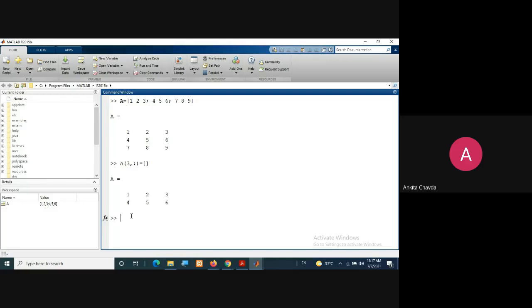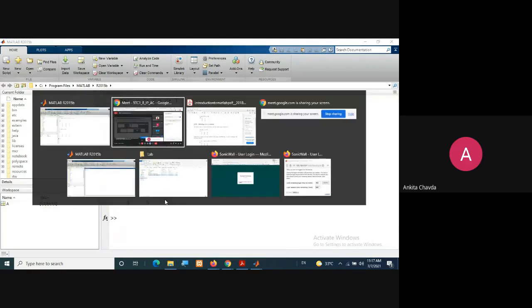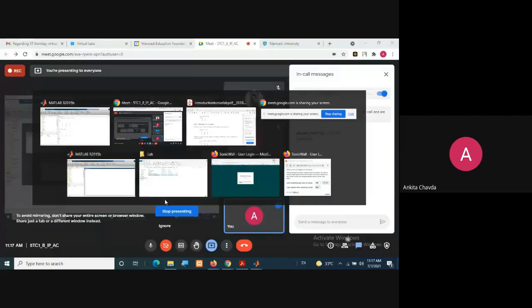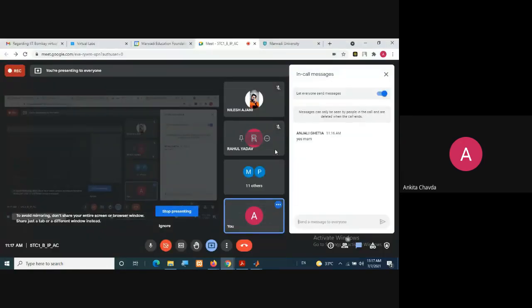In the same way, if I wish to delete the last column, then what do I need to write? Tell me. Please write it down here. See, the session would be interactive, always.